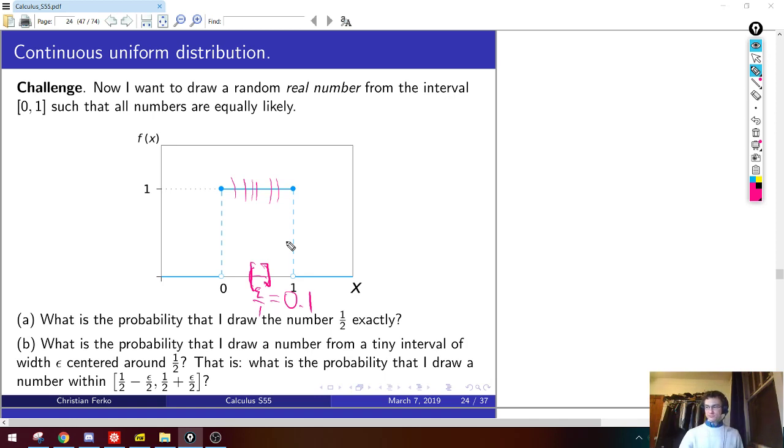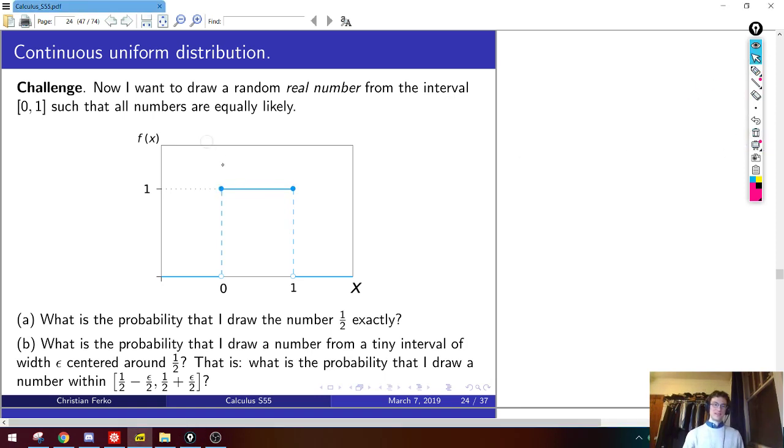Counter argument. If the chance of getting something in that interval was 0, then that would imply that there was 0% chance of getting anything in our interval. That's true. Yeah. So it seems we have a contradiction, because you could apply the same argument to the whole interval. You say, I have an interval from 0 to 1. I'm going to choose any number out of here such that they're all equally likely, but the probability of getting each number individually is 0. So how is it the case that the probability that I get any number whatsoever over the whole interval is 1? This is the problem with infinity, I assume.